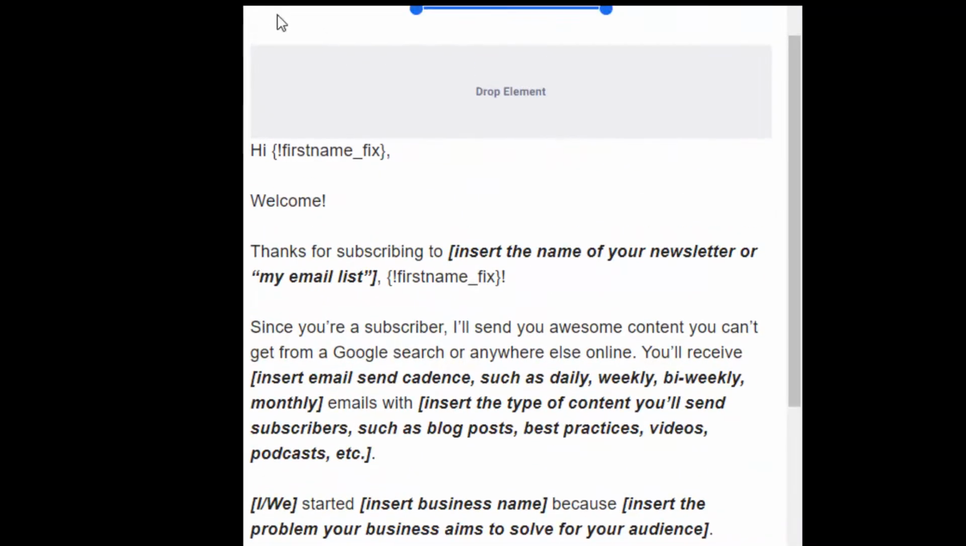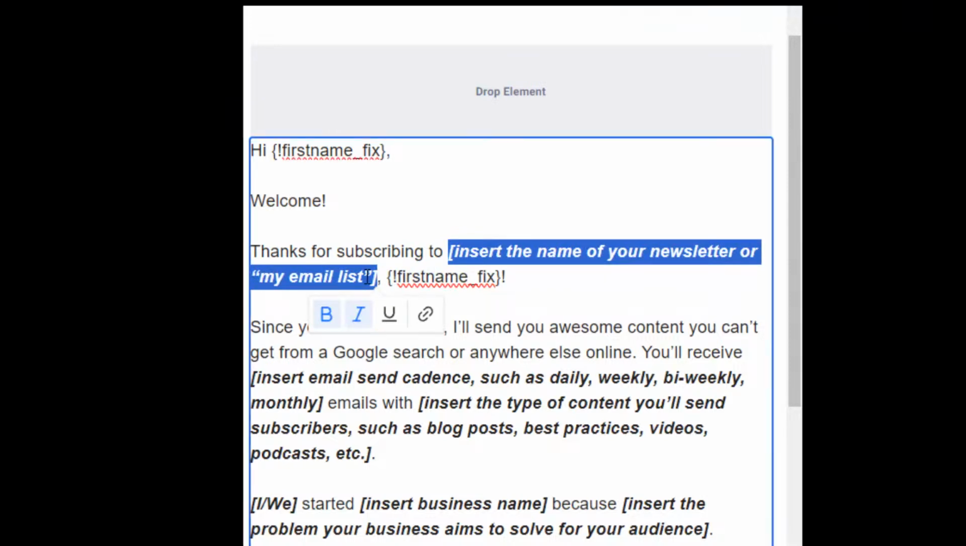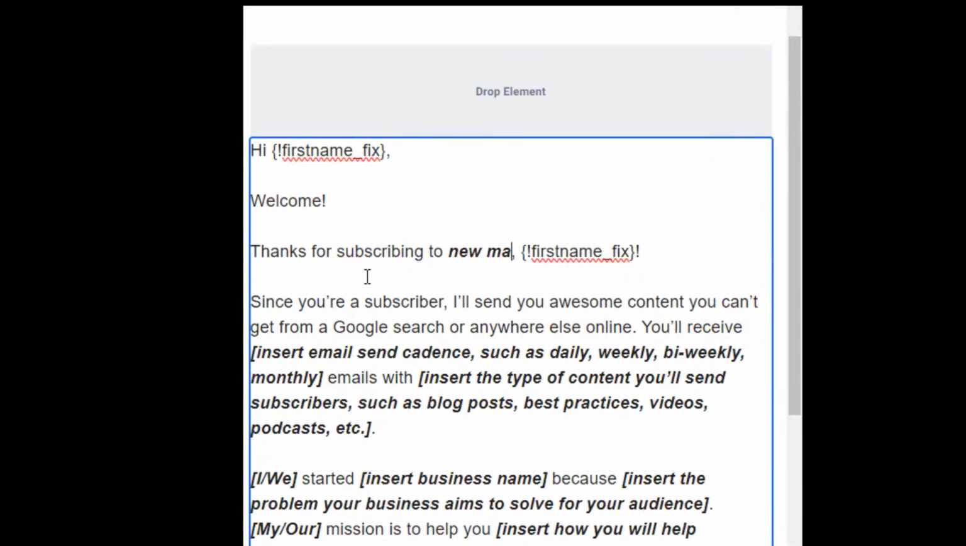Basically, in an email automation, it will say hi, and then they have coding, so they will use the name that is given in your email form for the person. They'll say, hi Jane, welcome, thanks for subscribing to New Marketer List. So all you do is add in the information that you want to put, and then they say your name with an exclamation. Since you're a subscriber, I'll send you awesome content you can't get from a Google search or anywhere else online. You'll receive